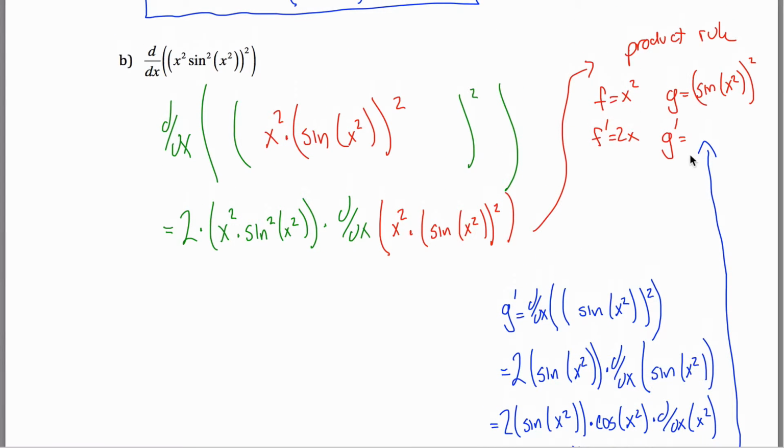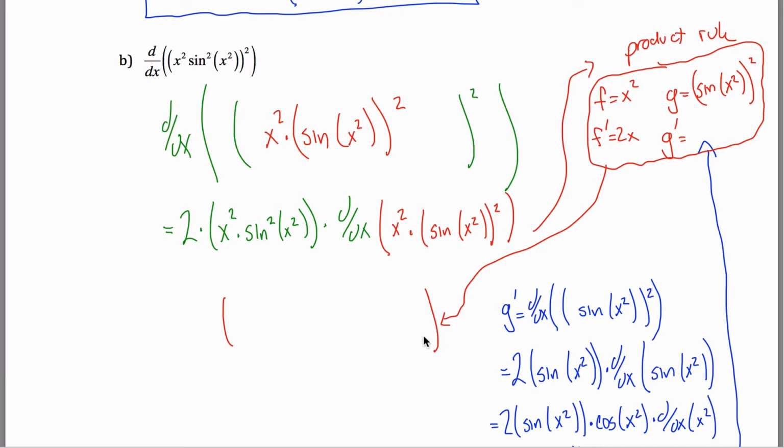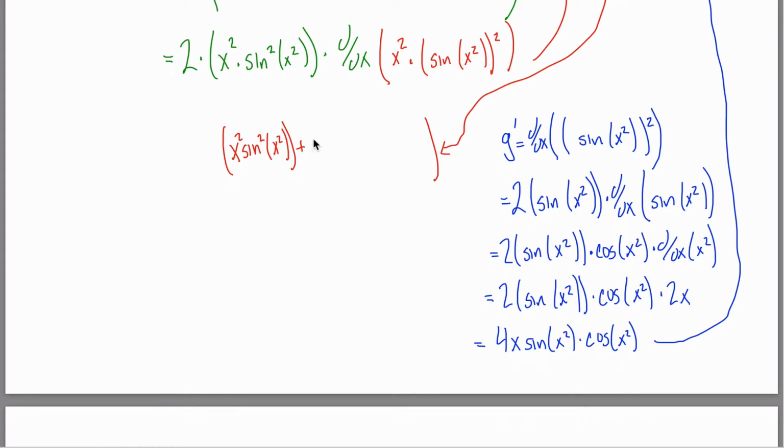F prime, G prime. I'm essentially done. Just got to apply the product rule. So I'm going to take all this stuff here, and I'm going to write it right here. F prime, which is x squared, times g, the sine of x squared, squared, aka sine squared of x squared, plus f prime times g plus g prime, this thing,